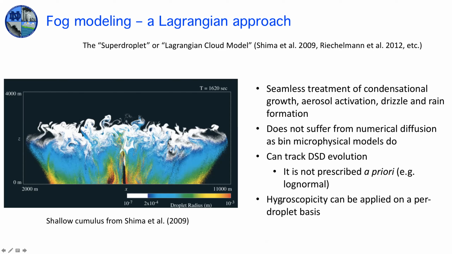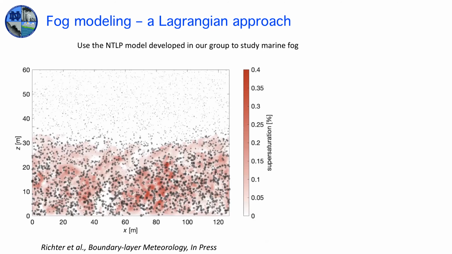And finally, from the Lagrangian point of view, you can actually apply hygroscopicity on a per droplet basis. So you can start to investigate, what if the droplets don't all have the same hygroscopicity? What if they actually have different solutes, right? What if they're coming from marine aerosols versus continental, which is again something I'll show as part of this work here. So in our case, we're using the enthalpy model, which is an LES model with Lagrangian